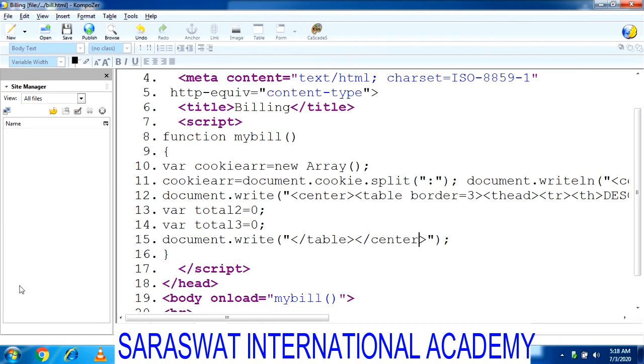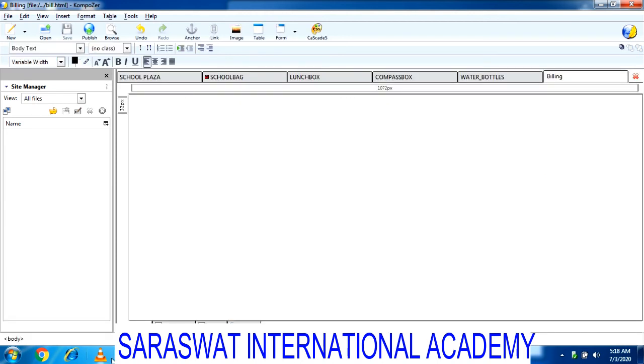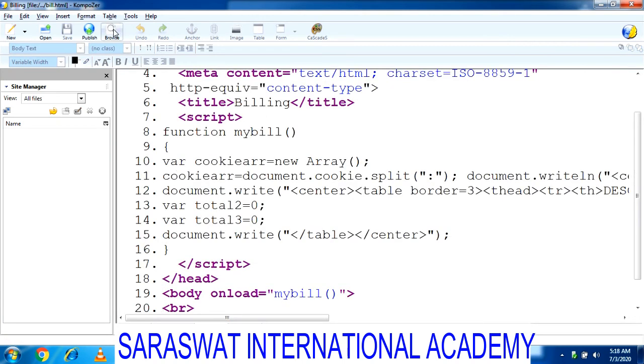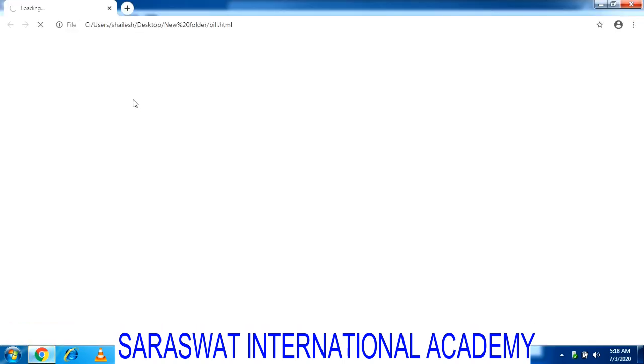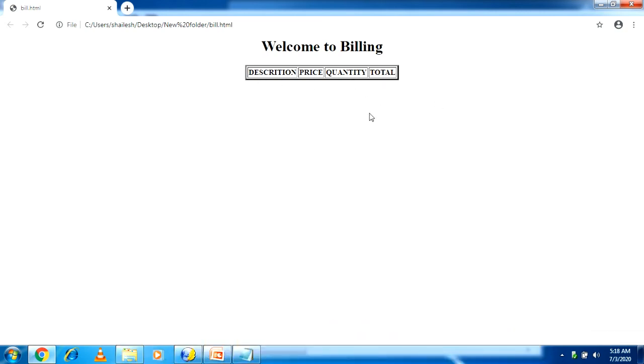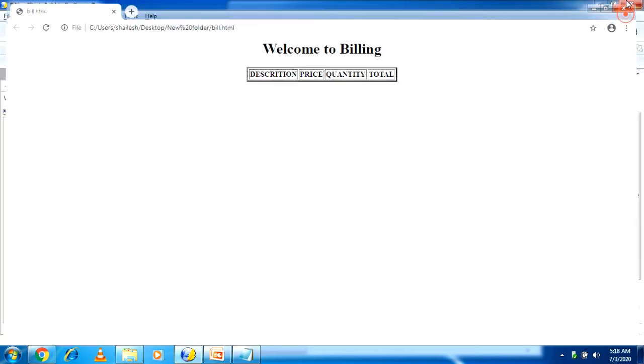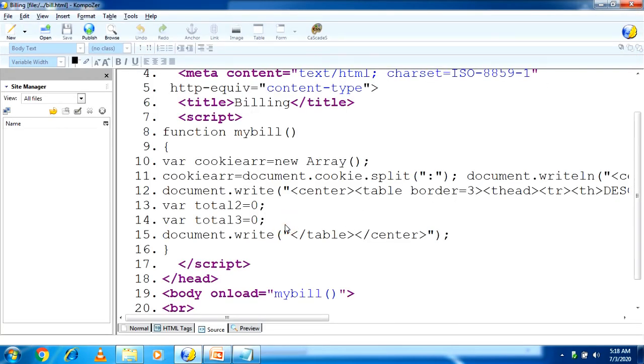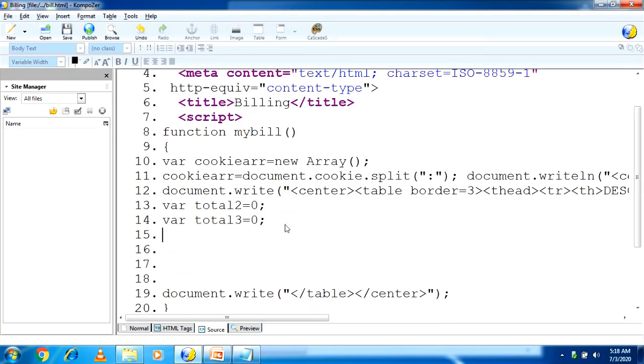now let's check, student, whether this page is working or not. So view source, browse, so it's coming here. Okay, now the bill will be generated in table format, so write the next code. For that I'm writing a for loop, which you learned in the Vim editor on how to use it. Now in brief we are going to learn it in JavaScript as well as in Java also.